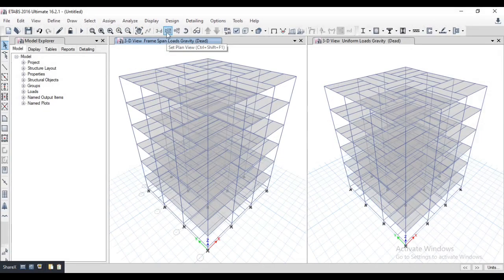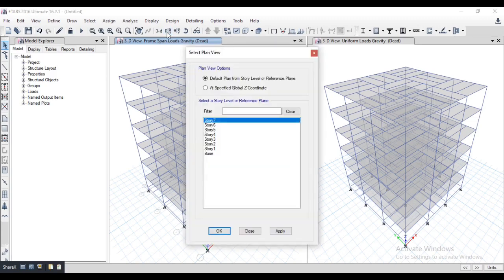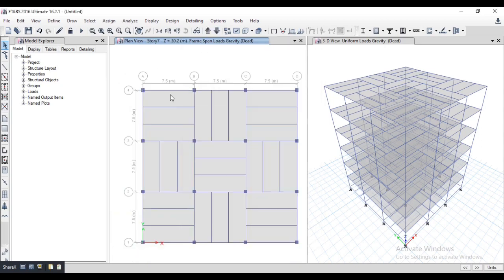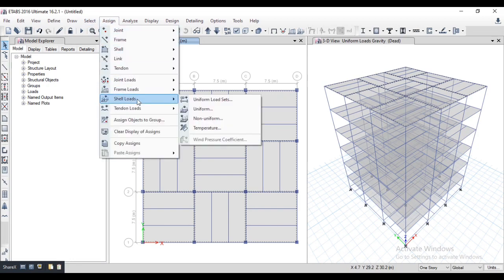Firstly, we will assign slab load on terrace level. Go to plan, select story 7. Select one story, and select all the slabs of the terrace level. Go to assign, shell load, and the load is uniform.